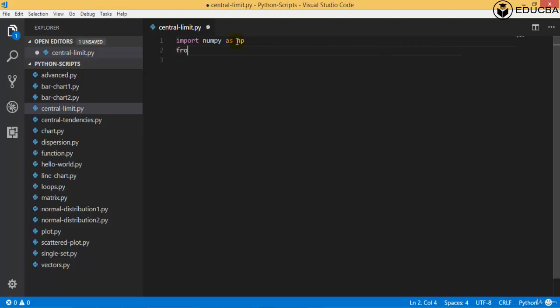After that comes the standard library which is needed for plotting, that is matplotlib: import pyplot as plt. And after this comes the basic declarations, that is for the mean value, which is the mu value, and the sigma value, that is the standard deviation, and we need to initialize those. So let's get started with mu and sigma equals 0, 0.1